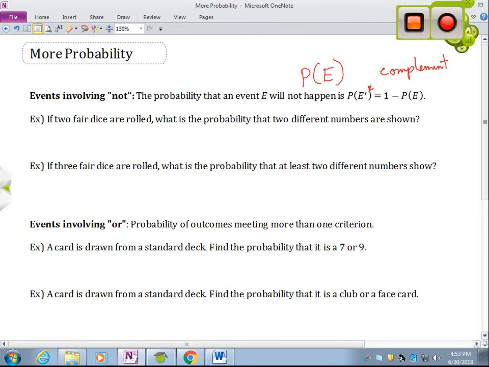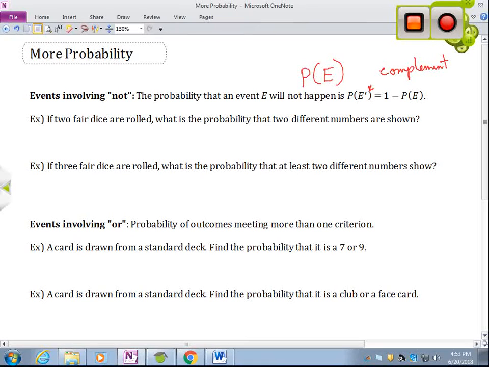But what we're talking about here is, let's say with percent. We know that all of the possible outcomes have to add up to 100%. And if the forecast says there's a 40% chance that it's going to rain this evening, well, that means the probability that it won't rain is 60%, or 100% minus 40%. So that's really where we're going with the not thing here.